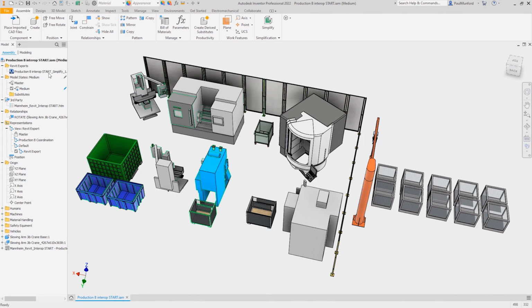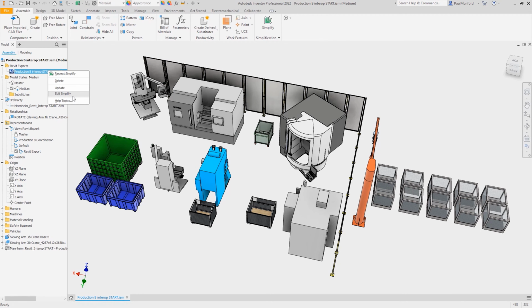You should now see a new Revit Exports folder has been added to the model browser, containing a node that represents our Revit export. If we go up here and right-click on the Revit export, we'll see we have a couple of options. Update allows us to re-export an updated Revit file from this model using exactly the same Simplify settings. Edit Simplify allows us to change the Simplify settings we chose last time before then outputting our updated Revit model. Both options will overwrite the existing Revit file, which can then be updated inside Revit.